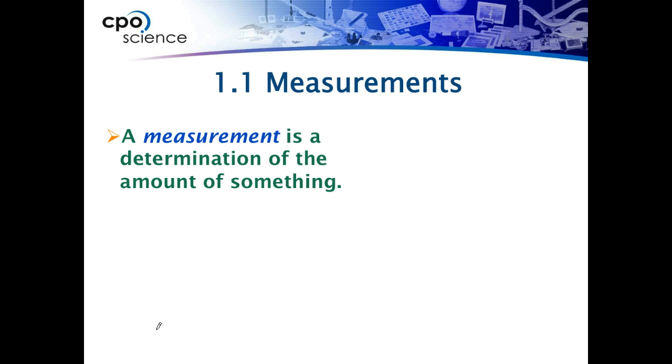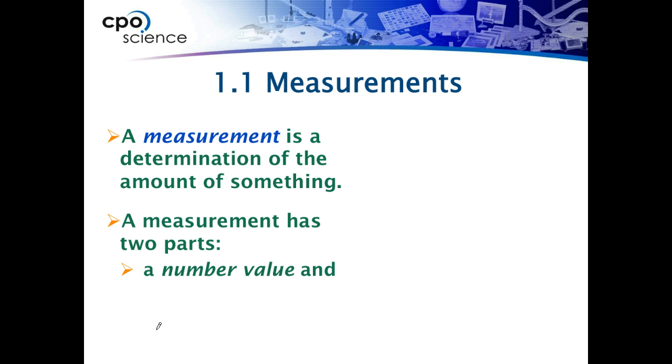Okay, so definitions. A measurement is the determination of the amount of something. So it's always a how much kind of a thing. Measurements are always referring to how much. There need to be two important pieces of information when talking about how much of something. You have a number value, say 10,